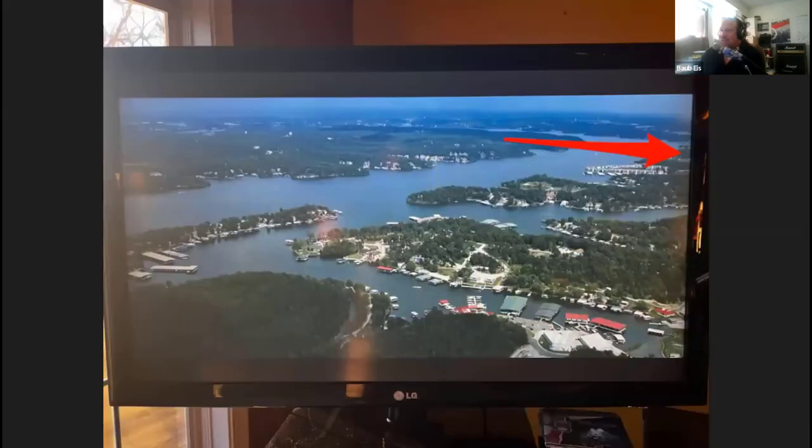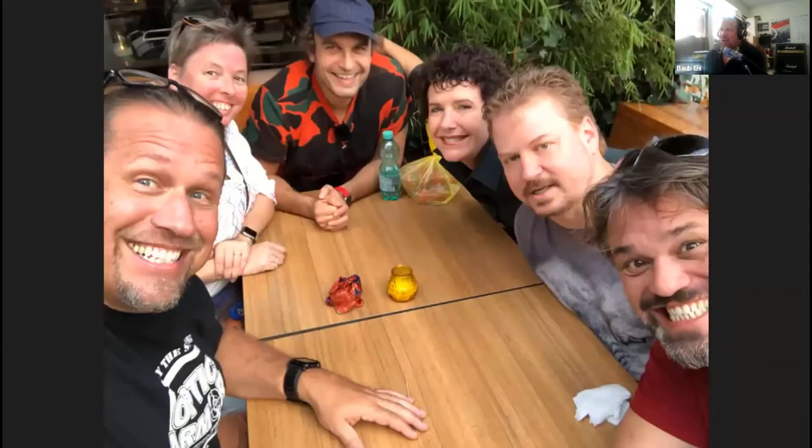And then I had to throw this picture in. Some folks may not know where Lake of the Ozarks is, but there was the Netflix show called Ozark. It's not actually filmed here, but they take a lot of beauty shots. This is from Ozark, and the red arrow is pointing at my house. So I actually live at the Lake of the Ozarks for real. And then this picture, George and his wife and my friends, last time we were in Holland. I just thought I'd throw that in there. Me and George trying to solve the world's problems.